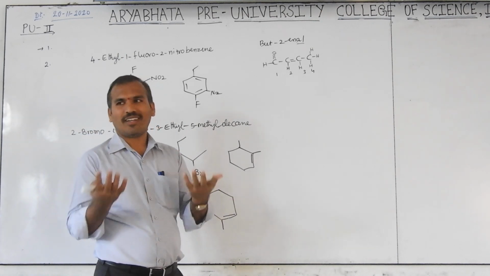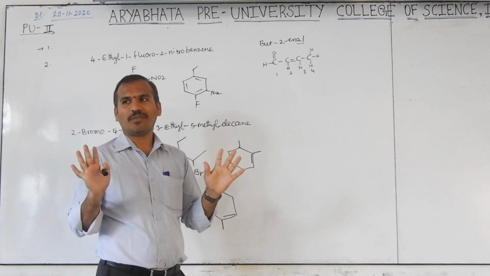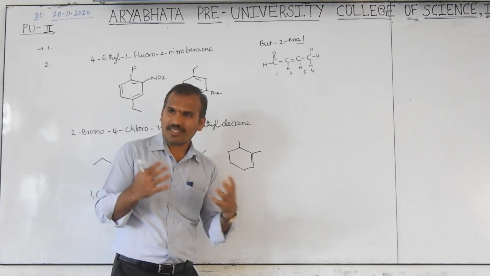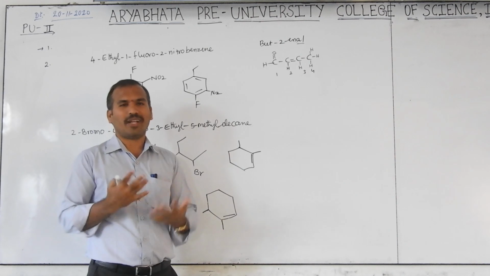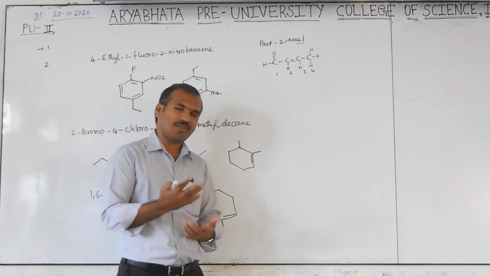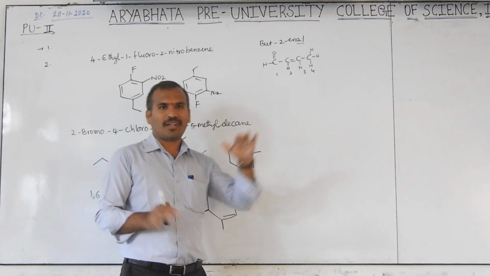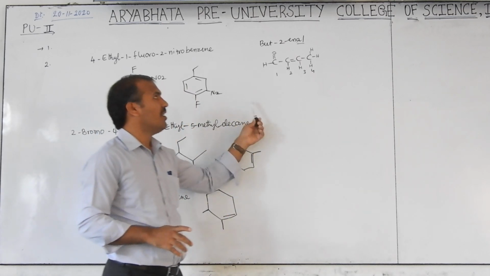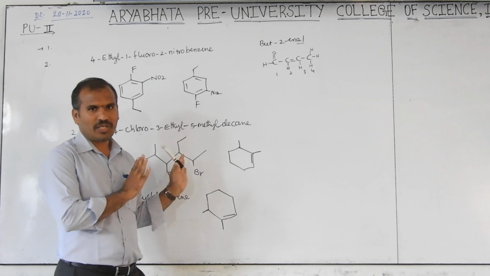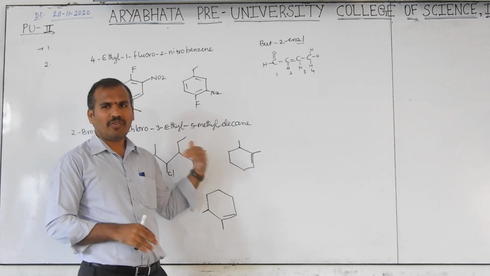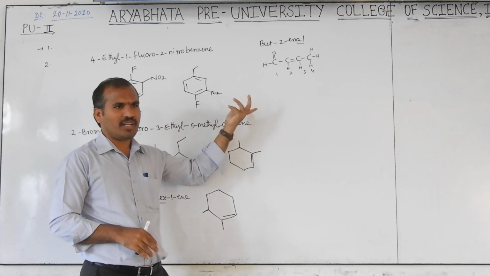If I am teaching and you are just listening, at that time you are feeling good. Everyone feels good. Why are all not getting the same answer? Because those who practice will get good marks, those who do not practice get normal marks. That is the only difference between proper and normal students. So I will stop here, this nomenclature part. Now we will go for the isomerism part. There is no difficulty here.